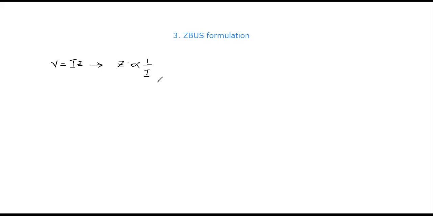Already you have seen these topics in your machines classes, that means starters. At the time of starting, the machine will take a high amount of current. Suppose there is no starter, then that amount of current flows directly into the field winding or armature winding, so that may get damaged. In order to avoid that type of situation, we must reduce the starting current. So that's why initially we insert a large amount of resistance in the starter. Because of that, high currents will be reduced. That means if Z increases, I decreases. If I increases, Z decreases. So this is the inverse relationship between these two parameters.